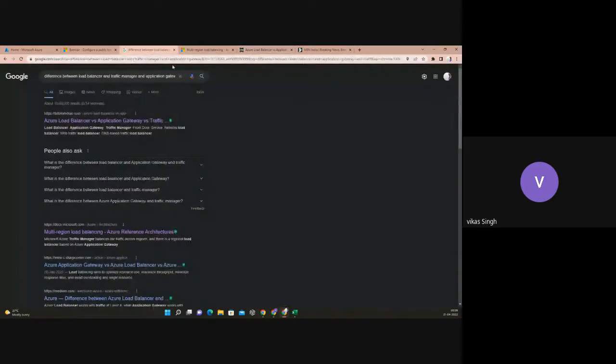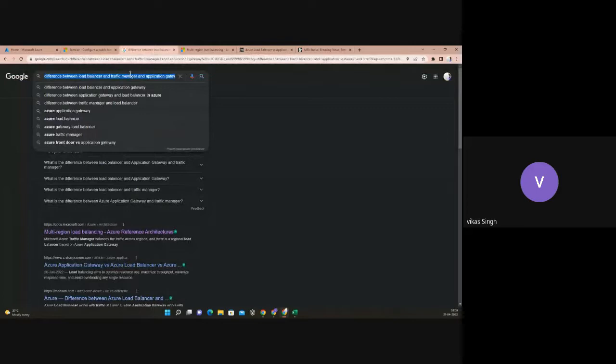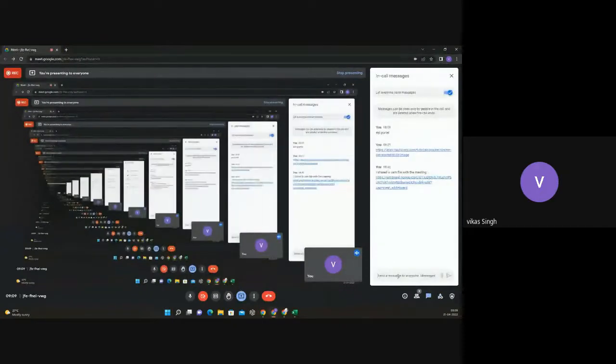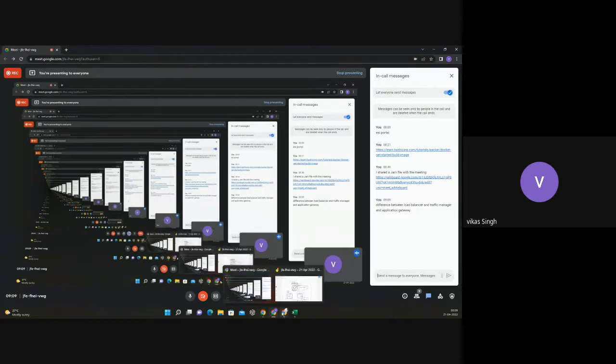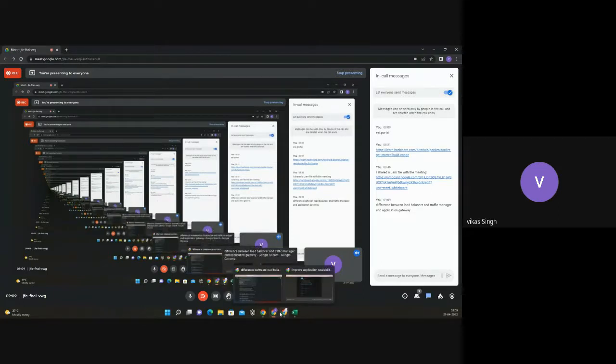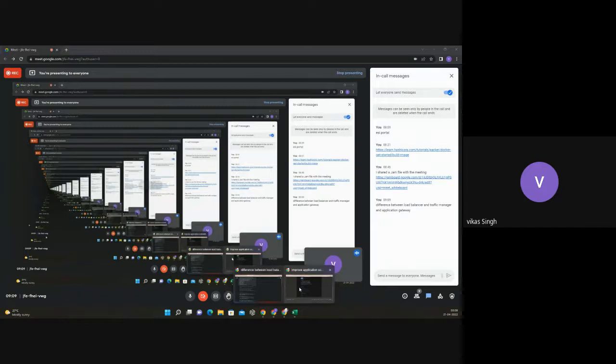Please do this task by yourself, okay, and be prepared for this question. If you're getting these kinds of questions and you're prepared, it will be good for you, right? You can talk a lot if you're asked, okay, what is the difference between load balancer and all of these, right? So if I'm going to the same page again,